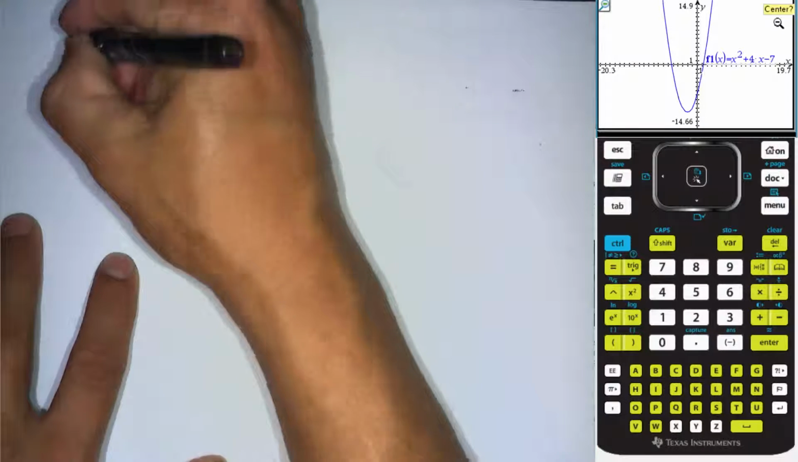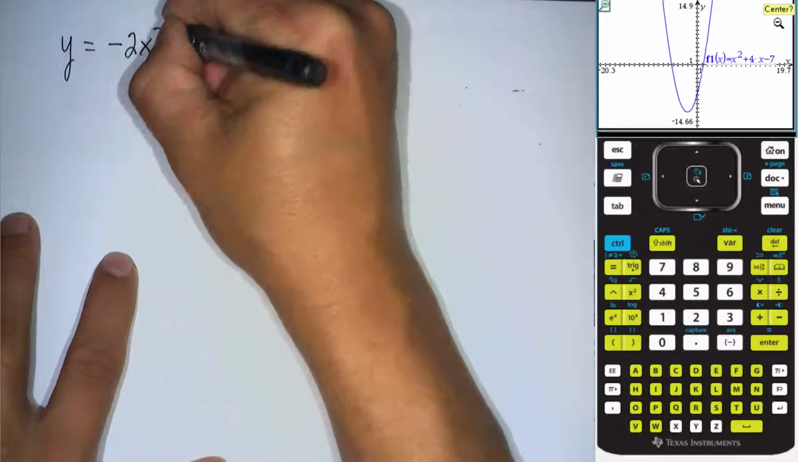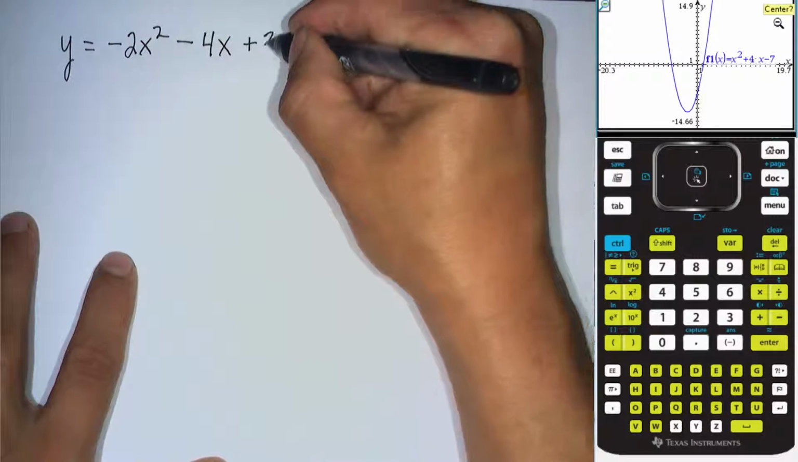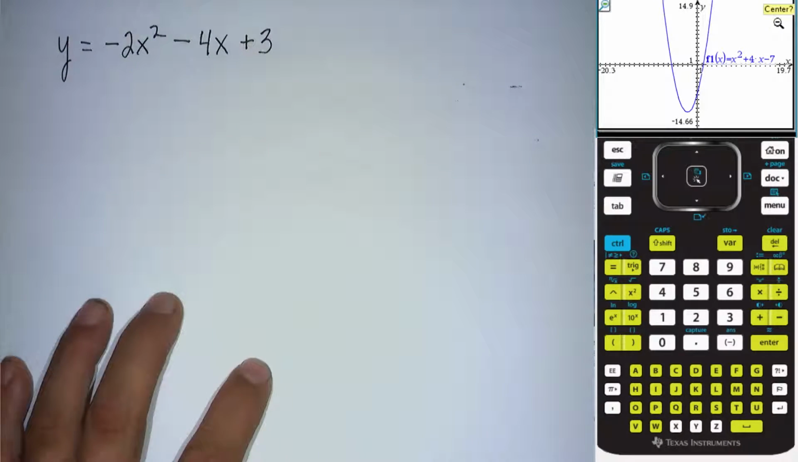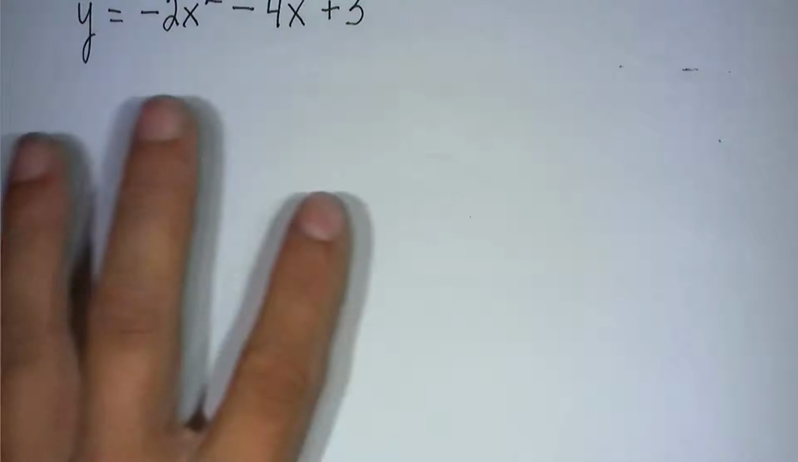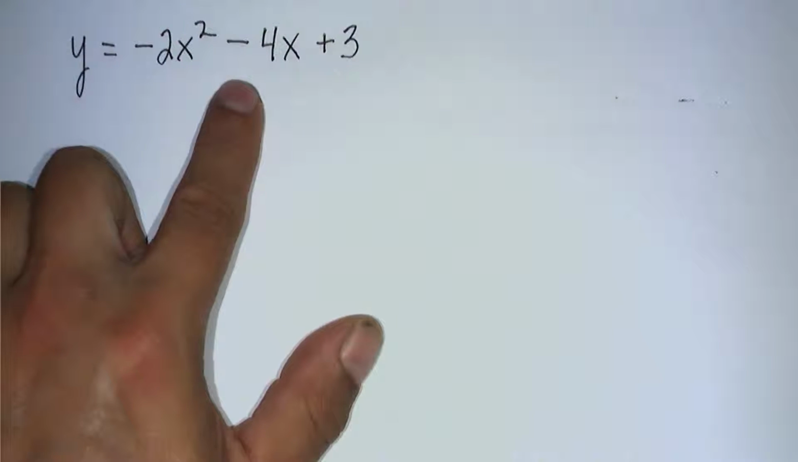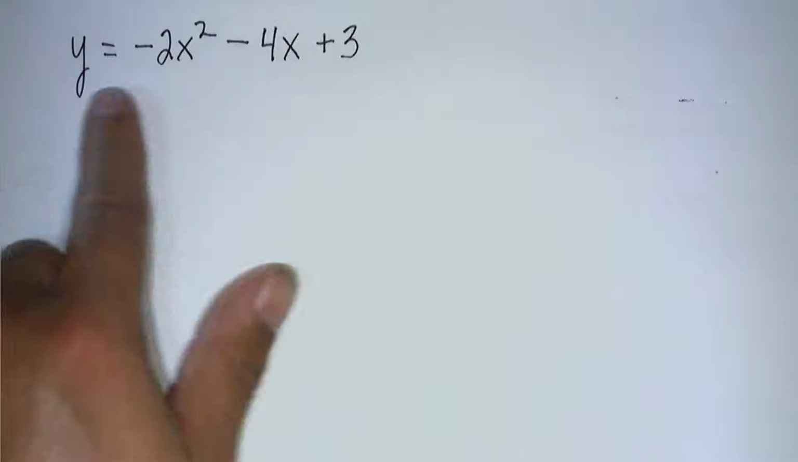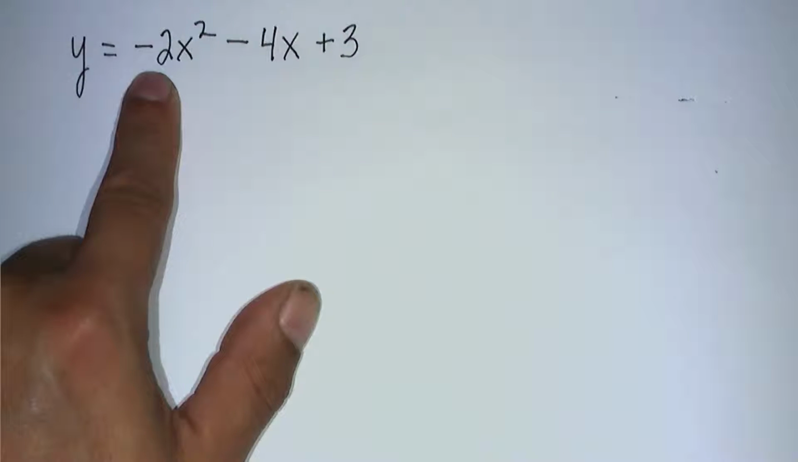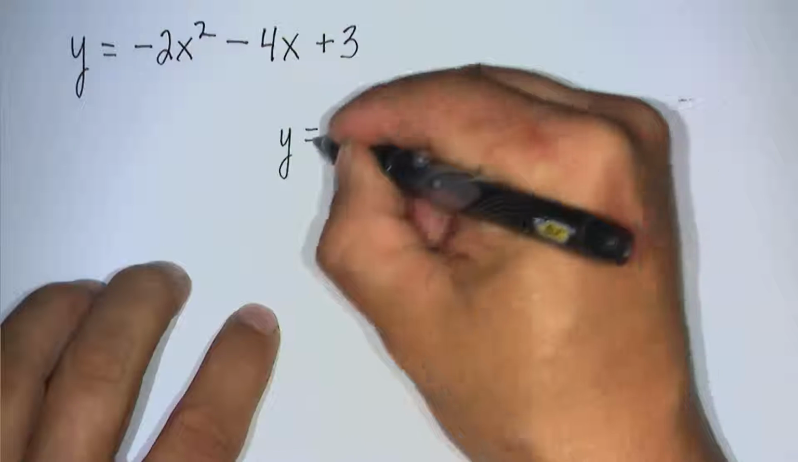So what we're going to graph here now is y equals negative 2x squared minus 4x plus 3. Okay, we're going to graph that. We're going to find the vertex, and we're going to find the axis of symmetry of this graph right here. We can see that it's going to be concave down because a is negative. All right, so when we complete the square on this, and we do need to complete the square on this,